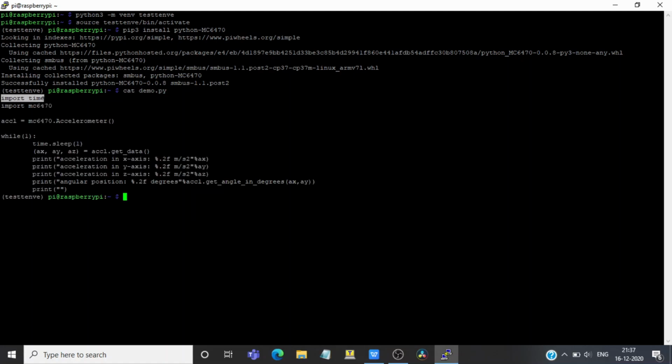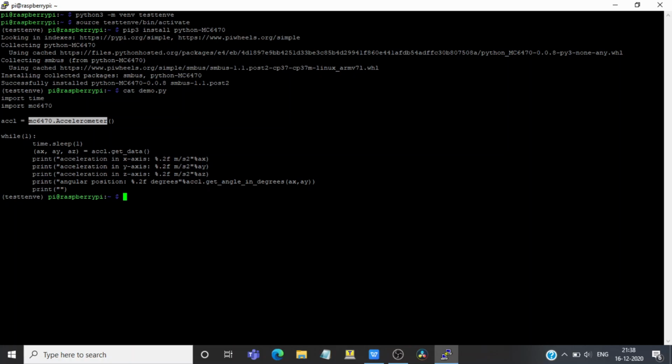So here I've imported the time module so that I can call time.sleep periodically within the infinite while loop. And in the second line I have imported MC6470, that is the package that we have installed just now. And then I have created an instance of the accelerometer class within the MC6470 package.